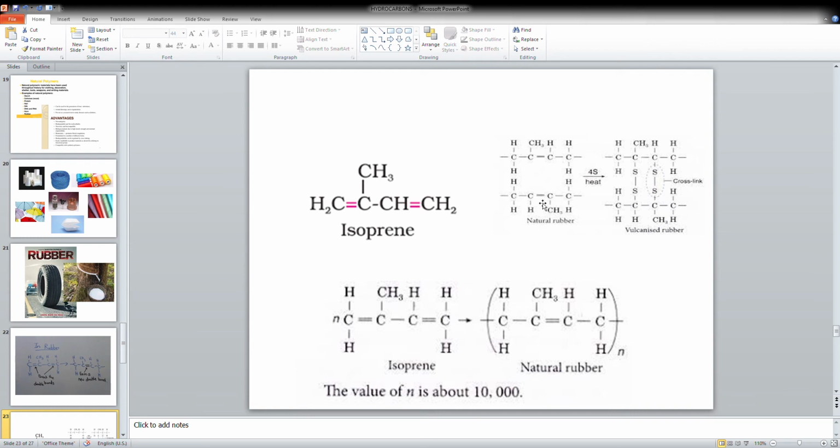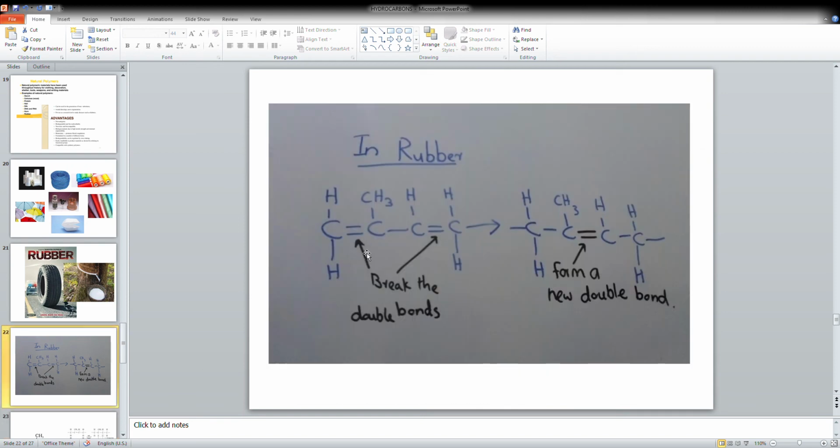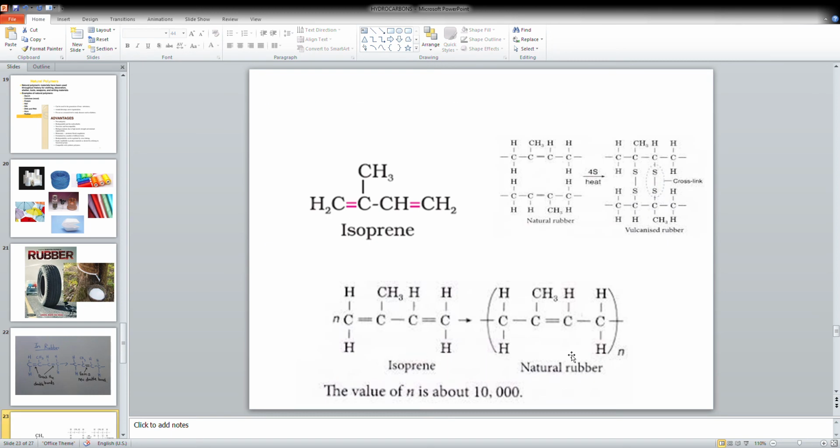In the isoprene structure here, you can see this is the monomer. The monomer becomes natural rubber, that's a polymer, a natural polymer. You can see the double bond coming in between these 2 carbons, right? You remember the way. Again, here you have to break these double bonds and put them in between these 2 carbons, right? Likewise, we can get the structure of the polymer. That is also without the double bond, we can say that is our repeating unit, right?